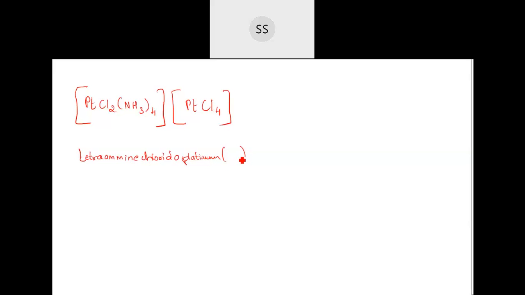Oxidation state, I'll keep vacant. You have to tell me what the oxidation state will be suitable for this. Then we will come to this, that is tetrachlorido, and then after that platinate. That is the Latin name of the transition metal. Then you have to give the oxidation state. So what do you think will be the suitable oxidation state over here for the first one and the second one? What oxidation state do you think will go correctly?